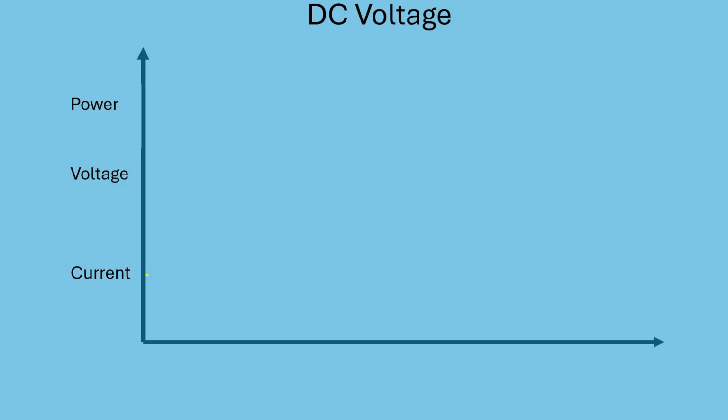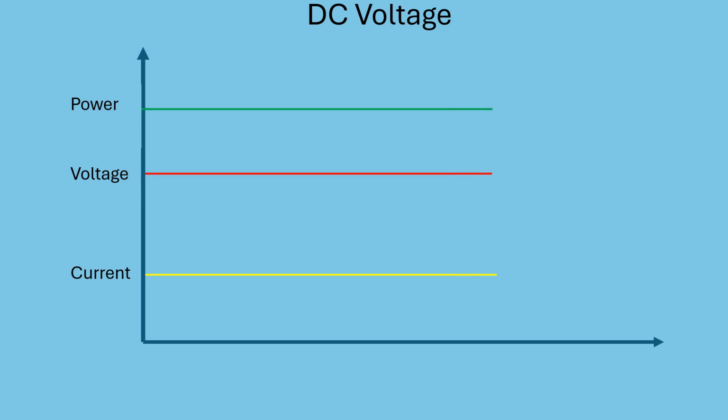Let's start with something simple, DC circuits. With DC, the voltage and current remain steady, as shown in this graph of straight lines. There is no change in direction or magnitude. It's straightforward and predictable. Now let's add a power line, this green line, and it also remains steady. Power is simply voltage times current, so as long as current and voltage are steady, power is going to be